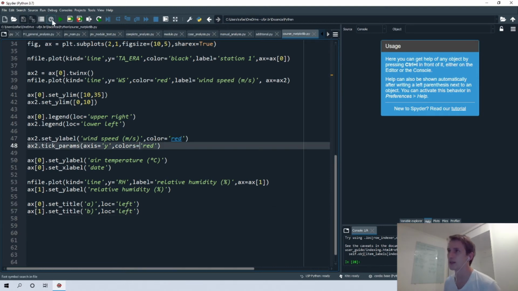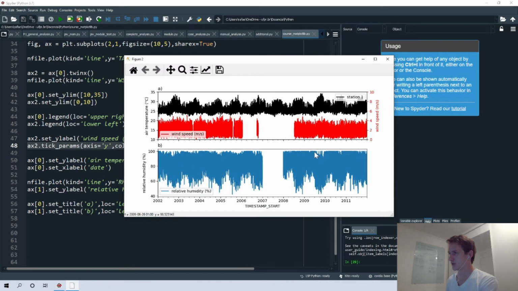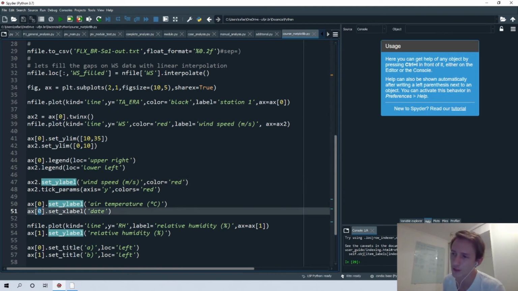So we have that. So when we plot this, we have this condition here. Another thing that we must change is this x-axis label. Since we define it here, you can think, okay, but you already defined it here, but it's defined for the first graph, so we can change that to be in the second graph. Okay, so now it's in the second graph.